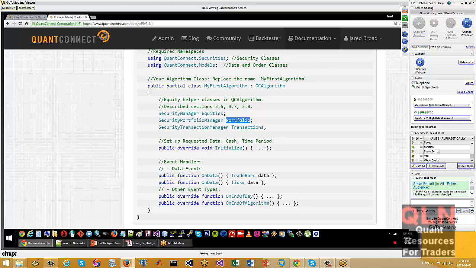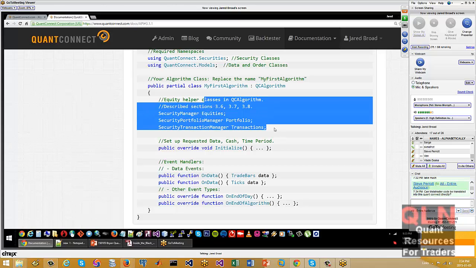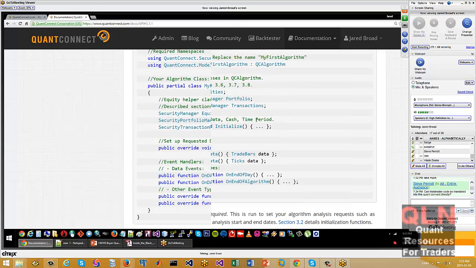Inside of the portfolio object, there's a whole lot of properties to make it easy for you to access the total net profit, the total fees paid, and that sort of thing. And in the same way, there's the transaction manager, which manages all the underlying order processing, fill management, running the fill models if it's a backtest, updating the portfolio with the latest order execution info. And we take care of all of that plumbing underneath the surface so that you don't really need to worry about it.